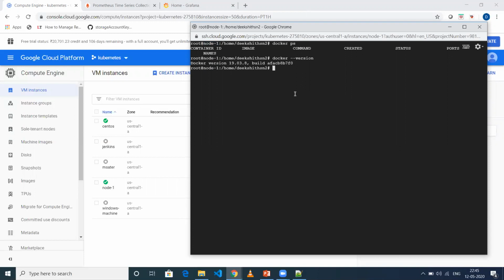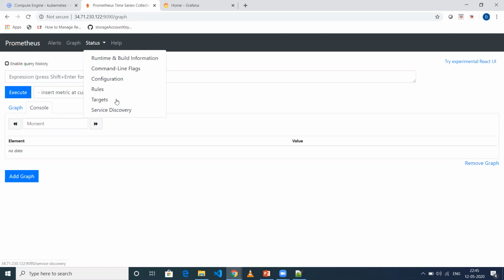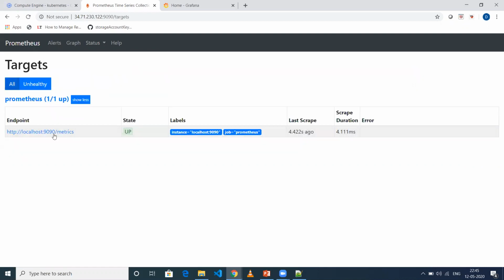We will then access that metrics in our Prometheus, and whatever data is collected by Prometheus is sent to Grafana. As of now, if you see the targets in Prometheus, it only has metrics related to Prometheus itself.